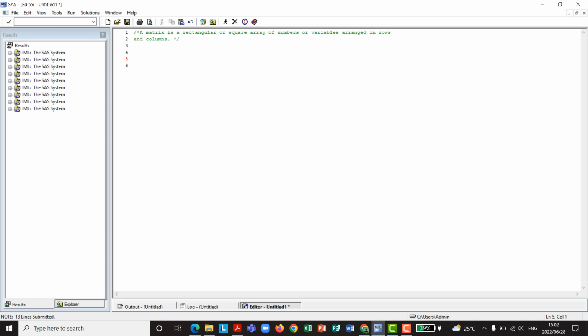So in order to start with matrices and its operation in PROC IML, you first need to open SAS IML by typing the following code: proc iml; quit;